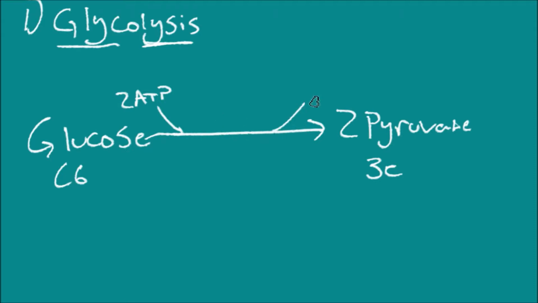But by the end of it, we actually produce 4 ATP. Taking out the investment phase, that means we generate 2 ATP for each cycle of glycolysis. Now, that's a tiny amount of energy, so we don't really use glycolysis for energy normally. There is the circumstance of anaerobic respiration, and I'll explain that later, but right now we can just kind of